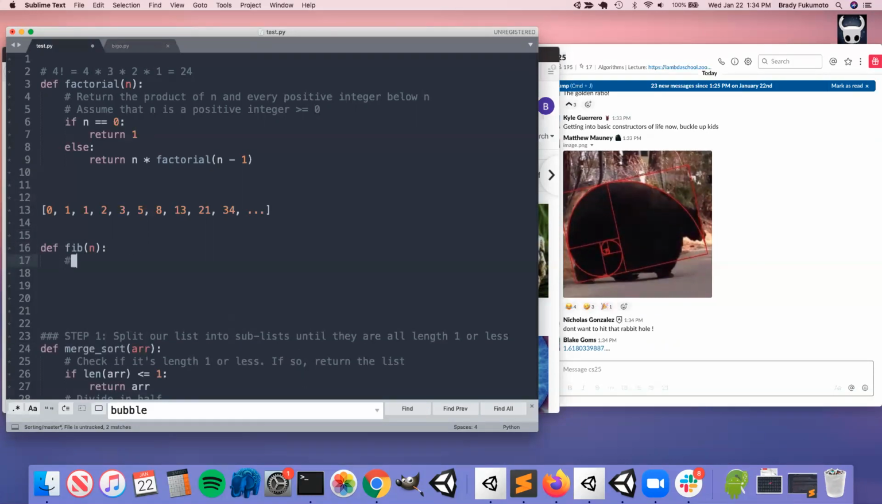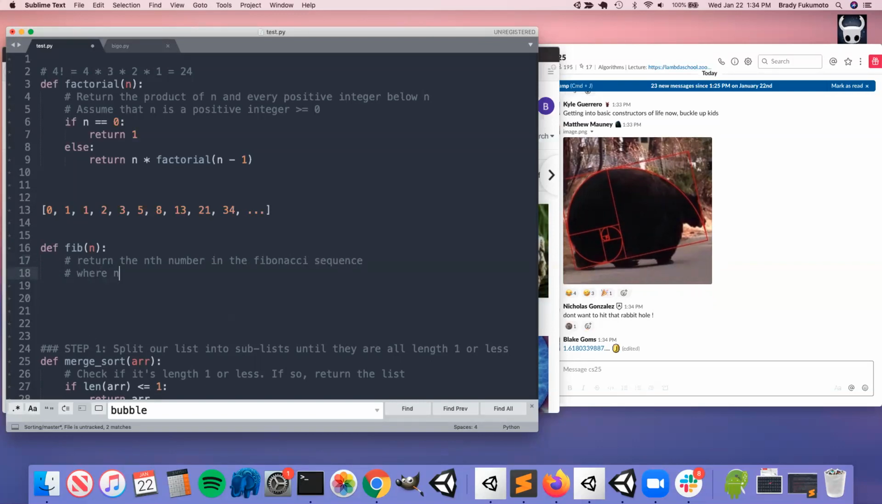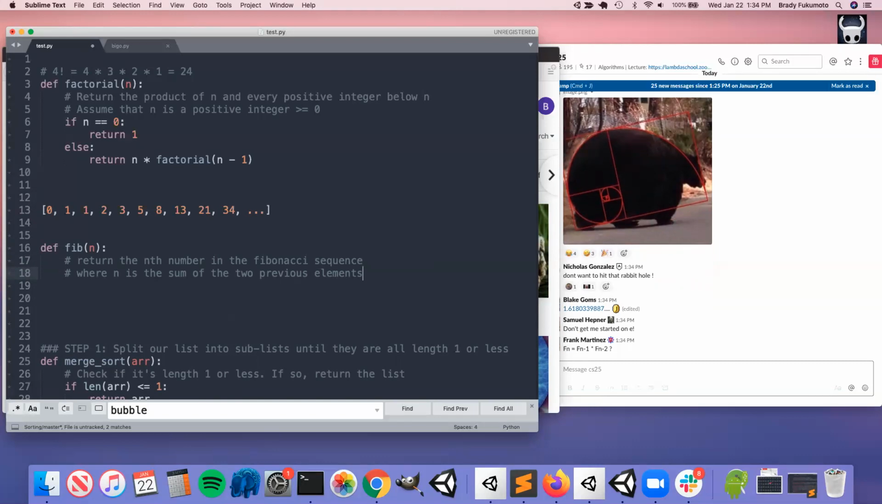Fib of n, we can say return the nth number in the Fibonacci sequence, where n is the sum of the two previous elements. Okay, so how should we start here? We want to start from the base case. In general, we always want to start from the base case. So we can say